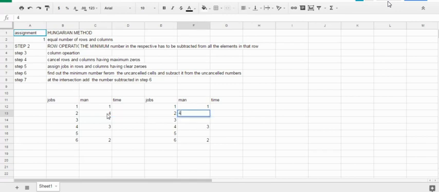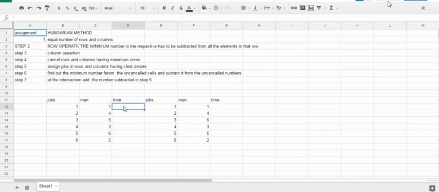Now I have a confusion here for the third and the fifth job. So third job, let us first allocate to the fifth man, and in the alternative answer, let's allocate it to the sixth person. Similarly, the fifth job here to the sixth man and here to the fifth man. So I have two solutions here. In the first solution, I have allocated the third job to the fifth man, and the fifth job to the sixth man. And in the second solution, I have reversed the third to the sixth and fifth to the fifth.